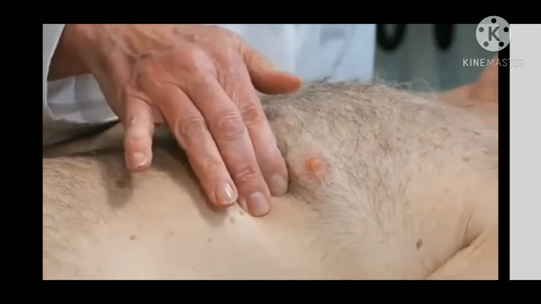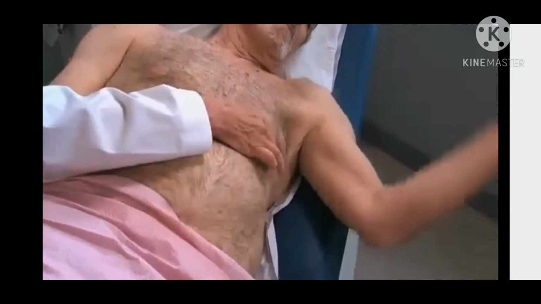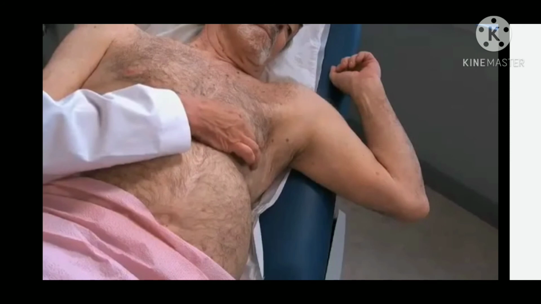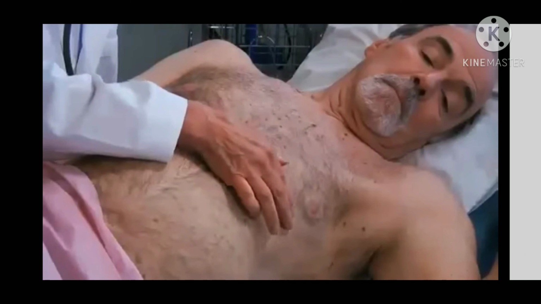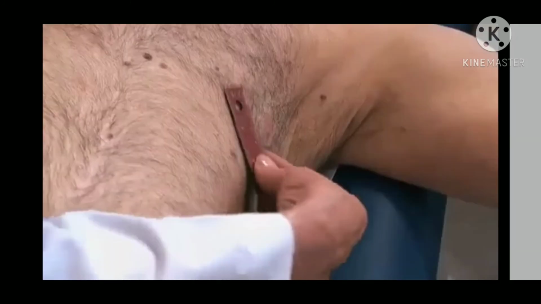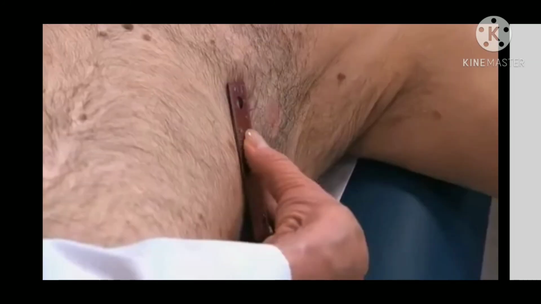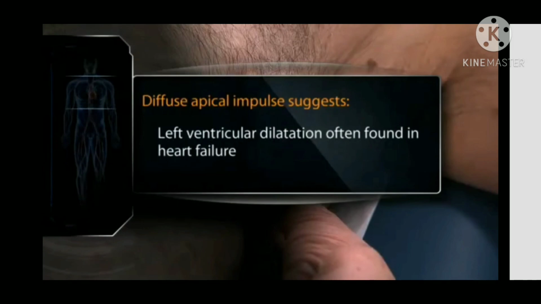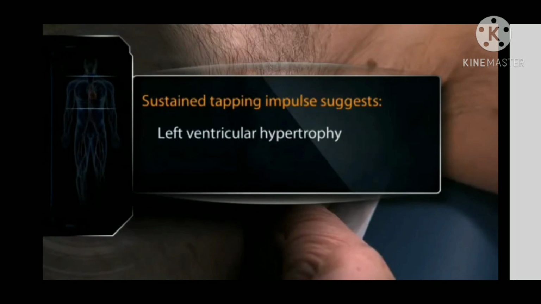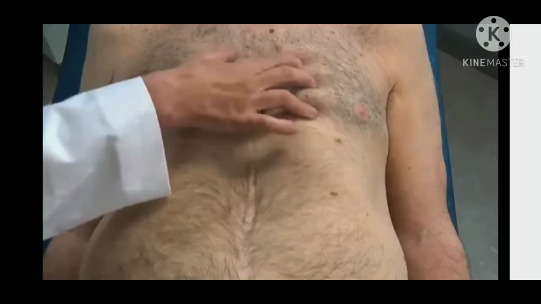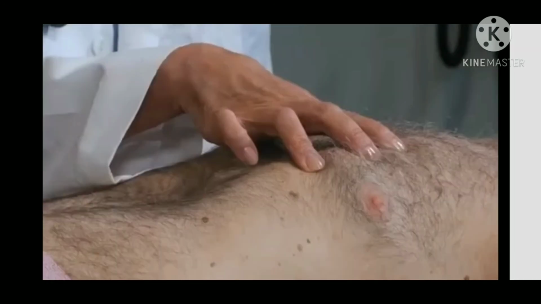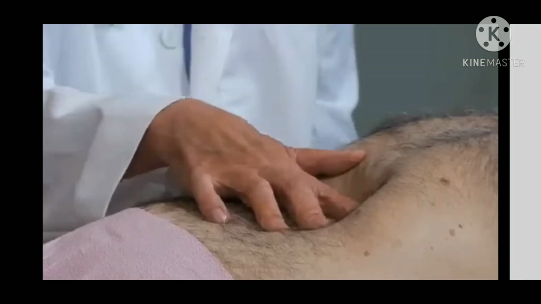Identify the location of the apical impulse by the interspace in which we feel it and by its distance from the mid-sternal line. If you experience difficulty in locating the apical impulse, ask the patient to partially roll onto the left lateral side and palpate again. Using the palmar surfaces of several fingers, measure the diameter of the impulse and feel for the amplitude of the apical impulse.